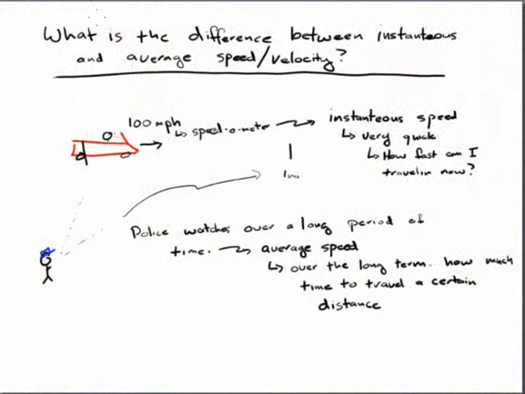In physics, when we talk about speed or velocity, there's two types of speed and velocity we can talk about again. This seems to be a recurring theme in physics. We have analog versus digital types of measurements, and we have scalar versus vector types of numbers. But when we talk about velocity or speed, we can talk about instantaneous or average. They are two really different things. Let's take a look. The difference between instantaneous and average speed and velocity.